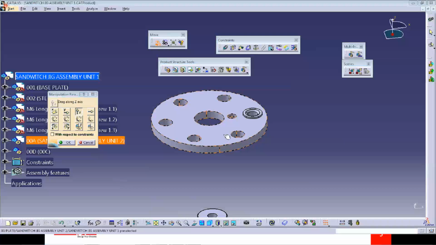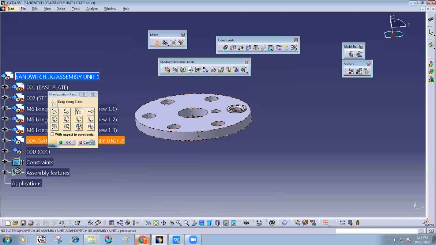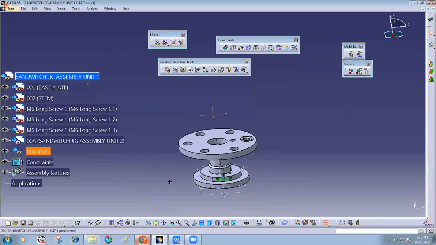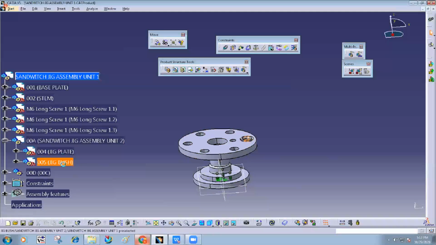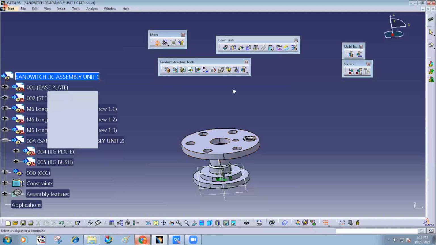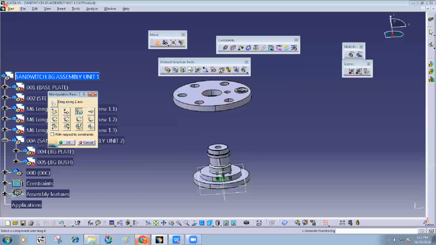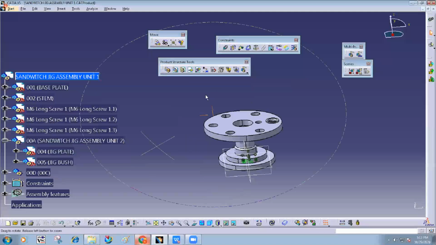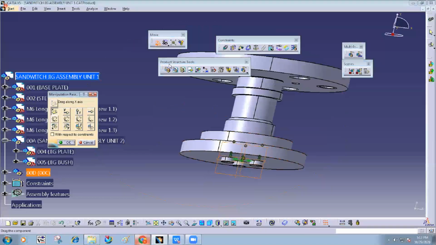The parts are moving along with this second part inside the subassembly. If you observe, this is a subassembly. There are two parts in it. Both parts are moved, not individually. And if you use this, only individual parts are moving, right?